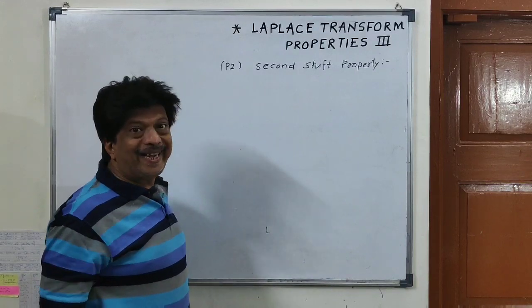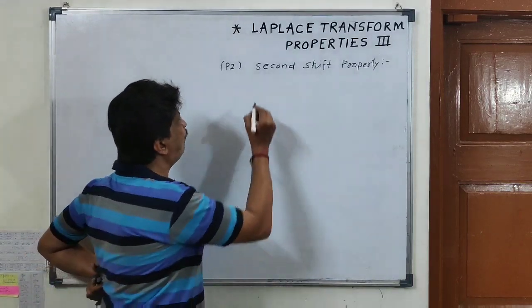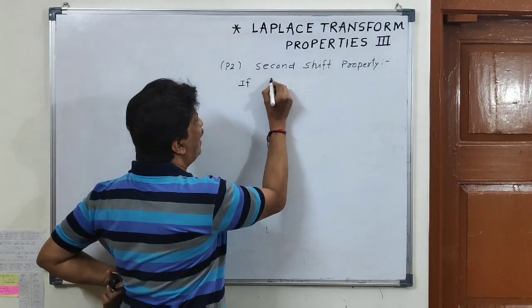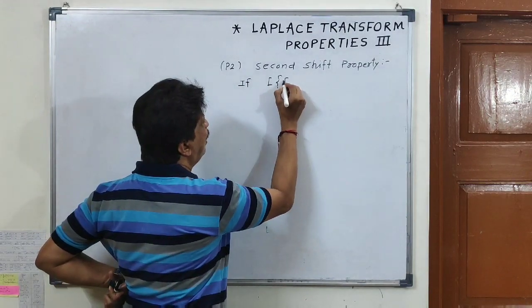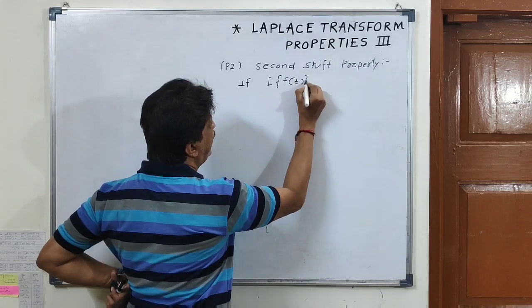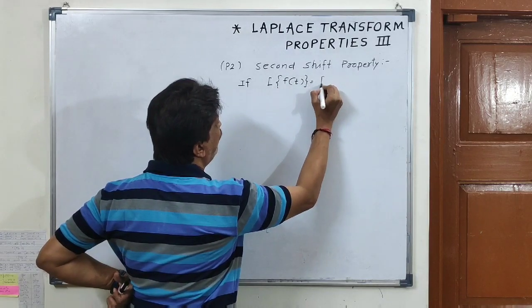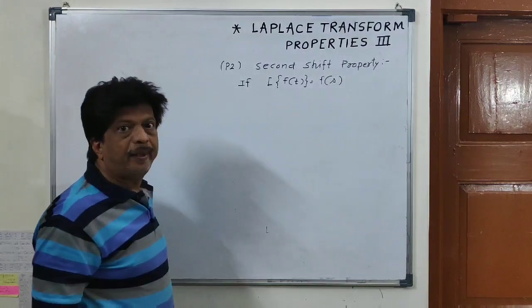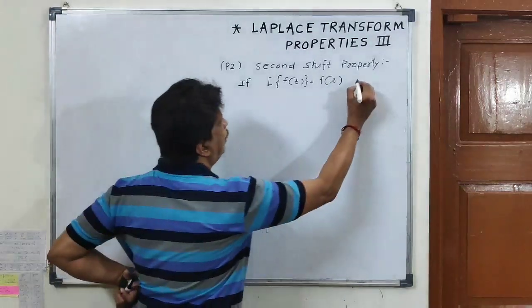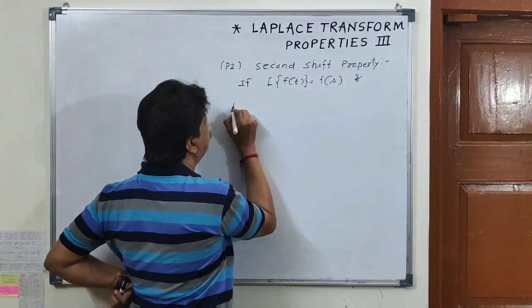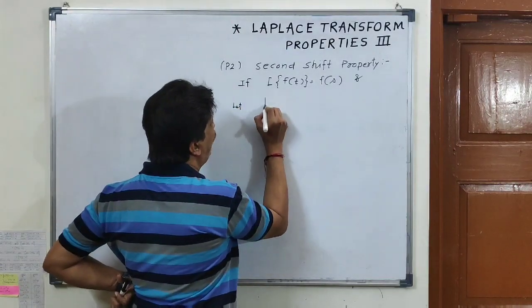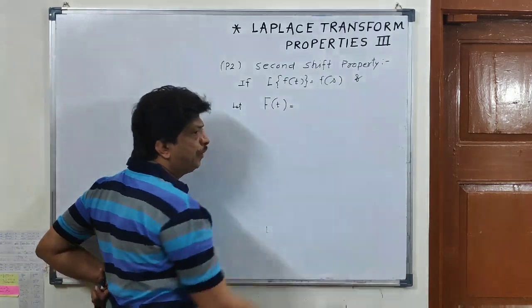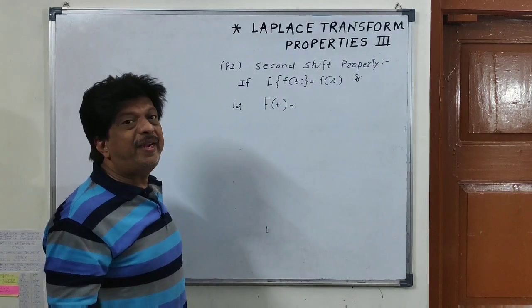So what does it state? It states that if Laplace transform of f of t is F of s, and let capital F of t be a function defined by,